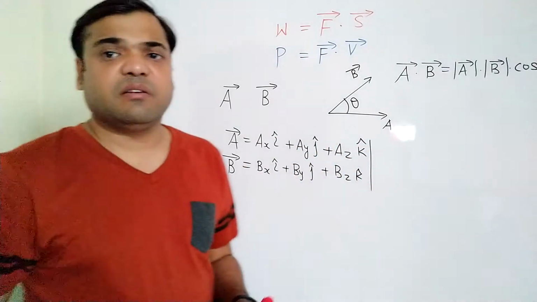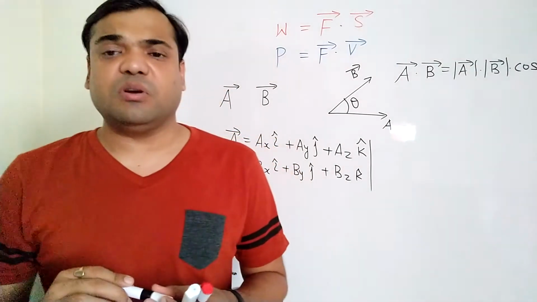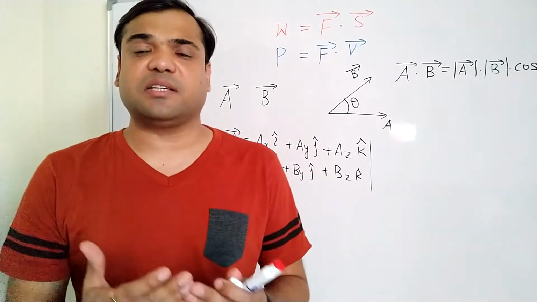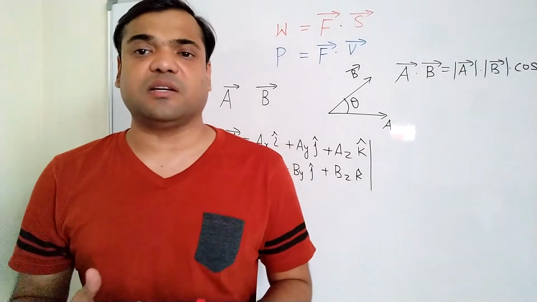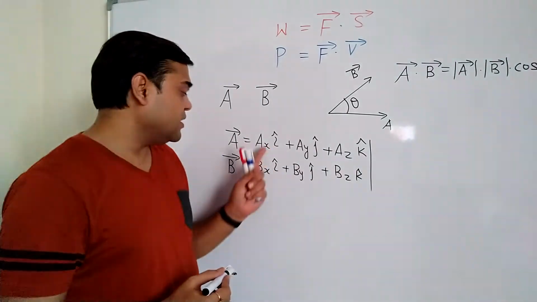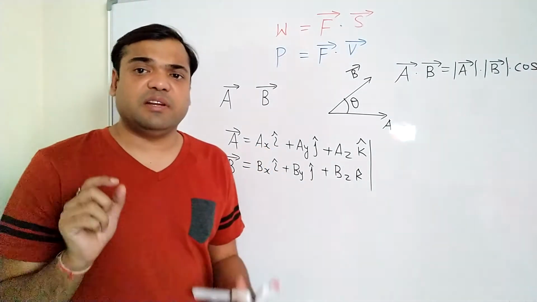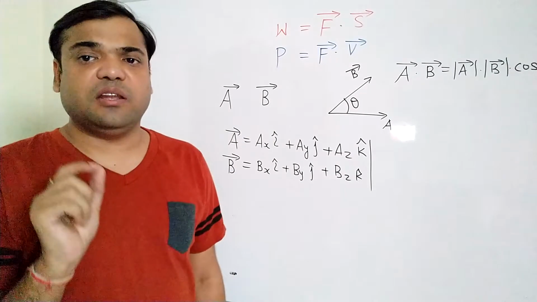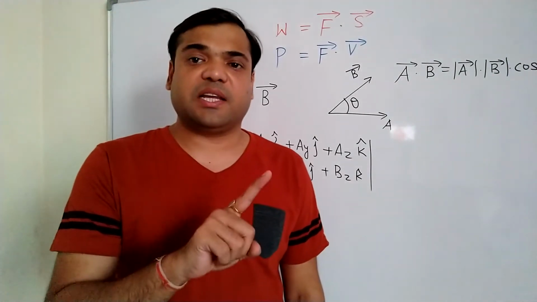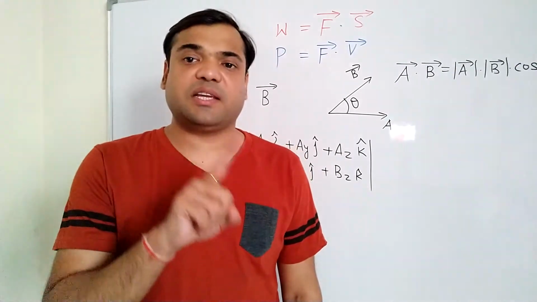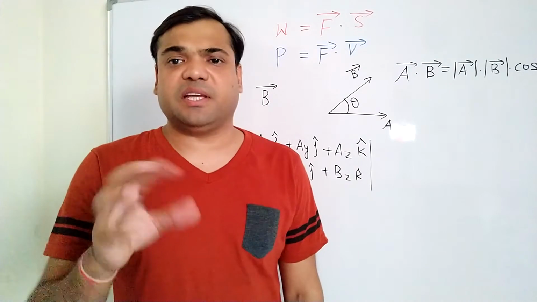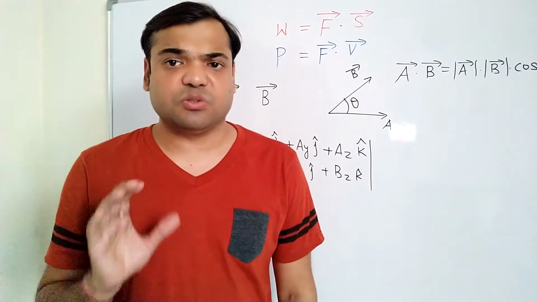तो यहाँ पे हमने वेक्टर A एंड वेक्टर B को रेक्टेंगुलर कंपोनेंट, दैट इज इट्स प्रोजेक्शन अलोंग x एक्सिस, y एक्सिस एंड z एक्सिस के टर्म्स में लिख दिया है. अब अगर हम डॉट प्रोडक्ट लें A और B का, उसके लिए वी नीड टू नो व्हाट इज द वैल्यू ऑफ डॉट प्रोडक्ट बिटवीन i cap with i cap, j cap, k cap, and between j cap, i cap, j cap, k cap, all this quantity we should know.